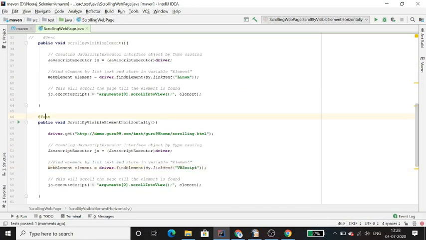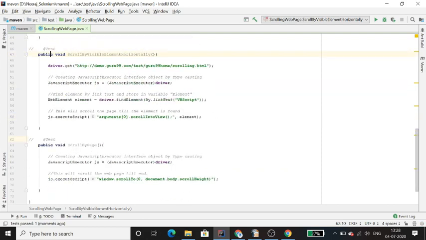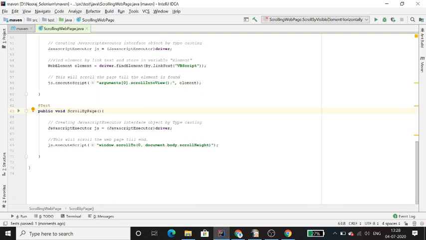And one more method I have, if you want to scroll the page till the end, the bottom, right? To scroll the page till the bottom, you can use window.scrollTo directly, and you can use document.body.scrollHeight if you want to scroll the page vertically, right? Let me run this also.